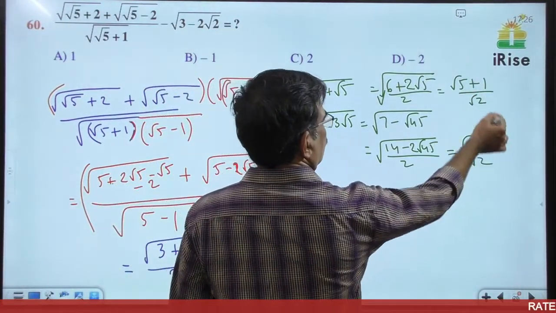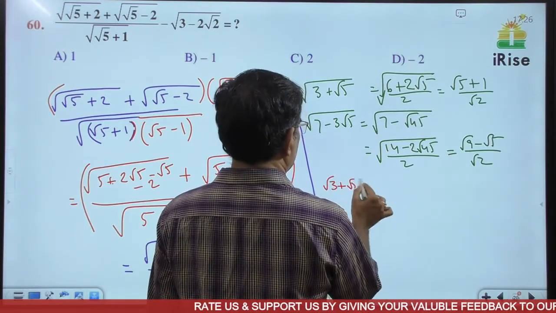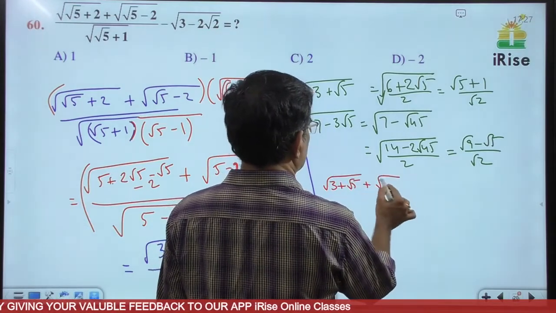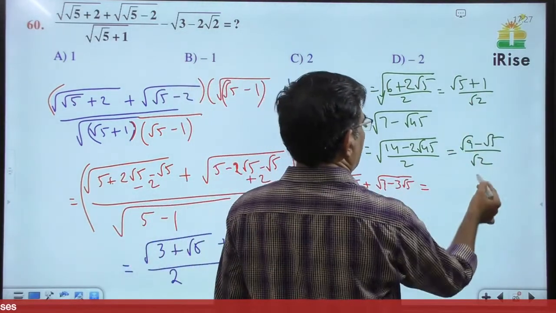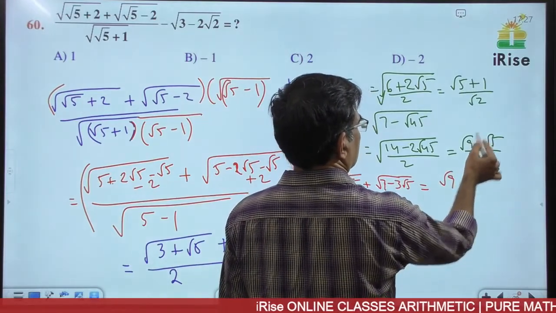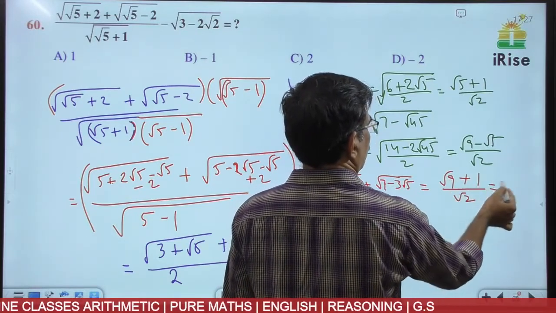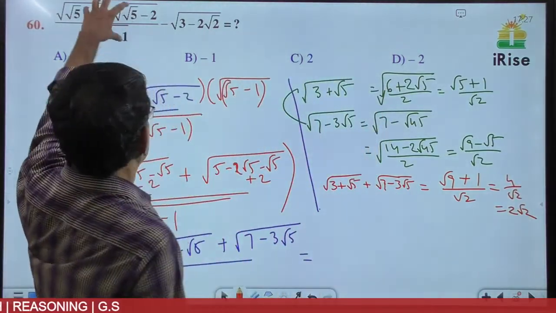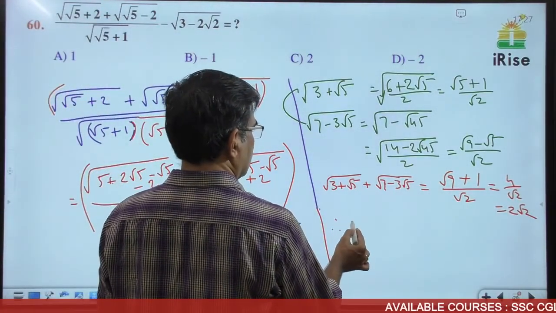If you add these two, the numerator is root of (3 plus root 5) plus root of (7 minus 3 root 5), which is equal to, root 5 minus root 5 gets cancelled, we get (root 9 plus 1) by root 2. Root 9 is 3, plus 1, 4 by root 2, which is equal to 2 root 2. So this part is totally 2 root 2. Therefore, the answer is